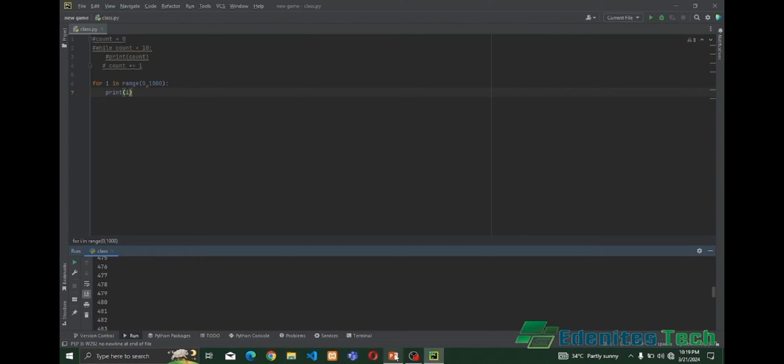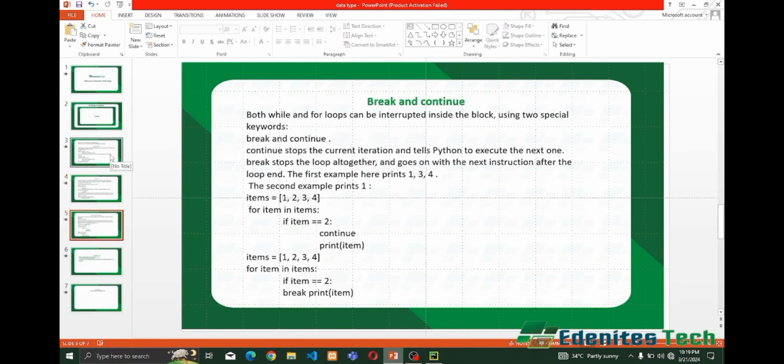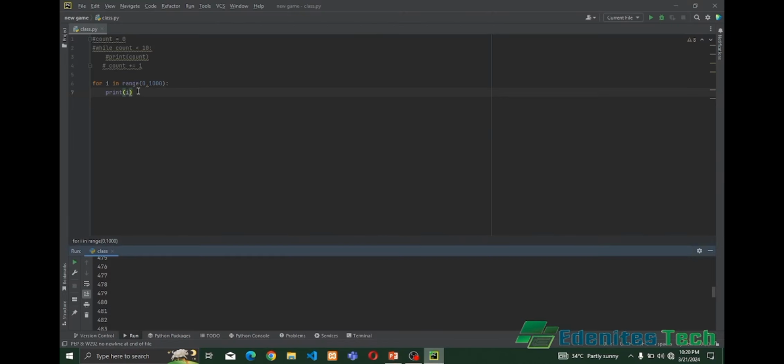So let's move over to the next thing. We cannot talk about loops without talking about break and continue. These two reserved words work with loops. The continue stops the loop, maybe to print a particular line or to execute a particular code, then continues with the iteration. But the break actually ends the whole loop. So let's see the break and the